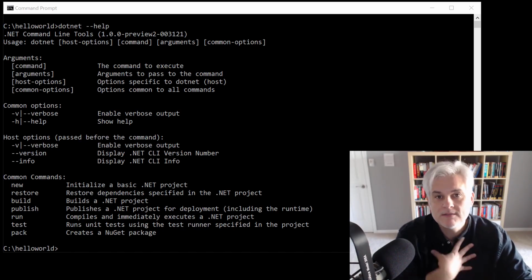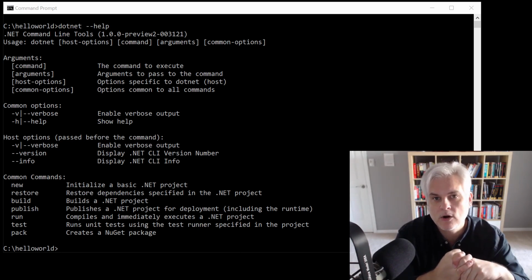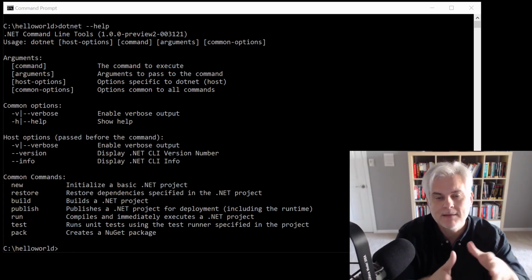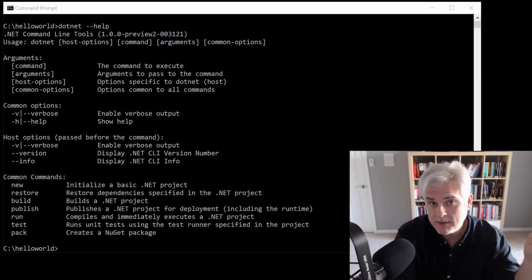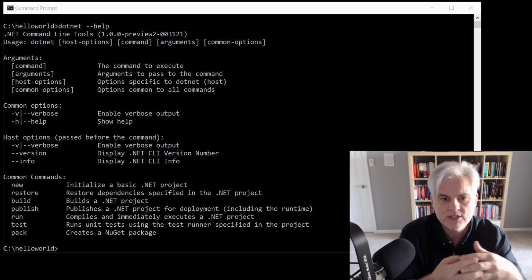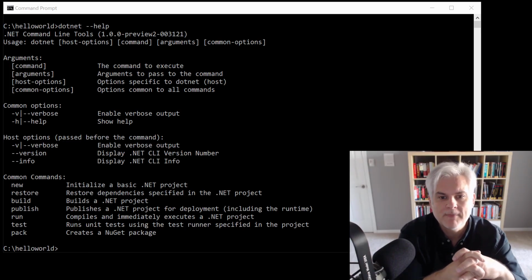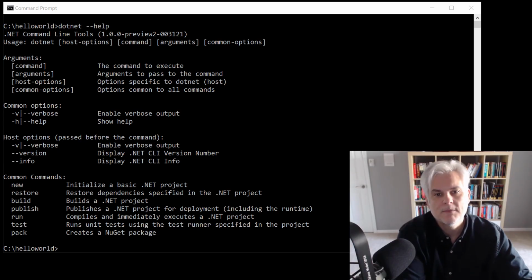So in the coming weeks and months, my personal focus will be Entity Framework Core 1.1, and then ASP.NET Core and MVC 1.0, since I believe that these two will be the primary way that people utilize .NET Core 1.0. Now, perhaps in upcoming versions of .NET Core, there will be more parity with other workloads that are supported by the full legacy .NET Framework, like Windows Forms, Windows Presentation Foundation, and so on. But that's not the case as I record this today.